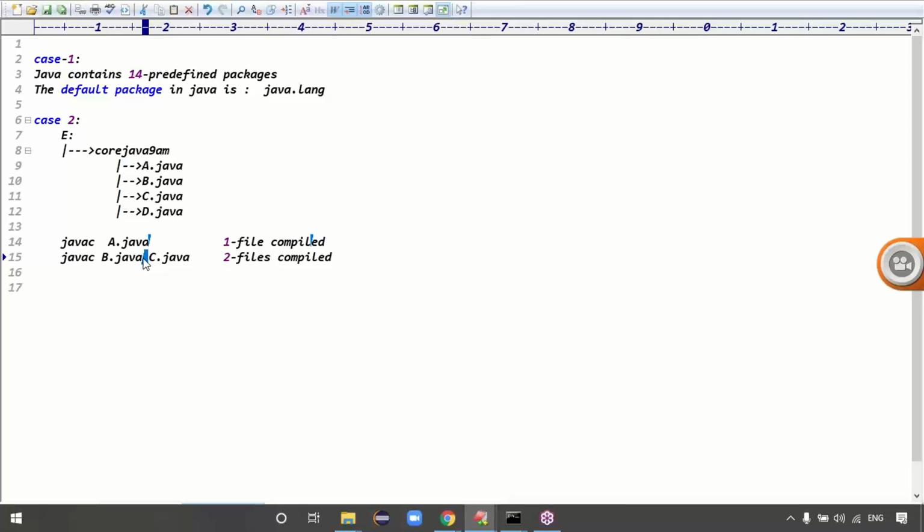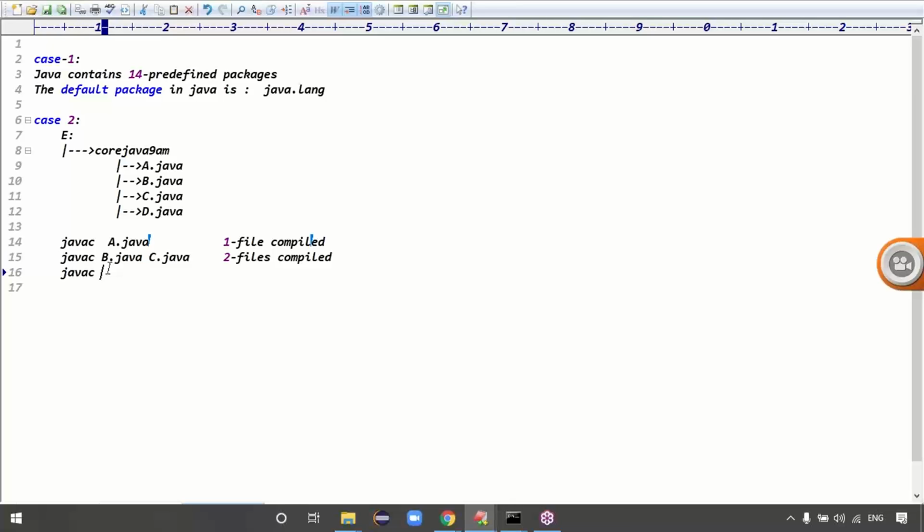But in real time, we will do the project using Eclipse IDE. In Eclipse IDE, we are not responsible for compiling the multiple files, guys, because the code is auto compiled in Eclipse IDE. But just for knowledge, guys. In the general approach, when you are doing practicals using EditPlus and running the application using command prompt, here we can compile multiple files using the space separator, right? Is that clear now?